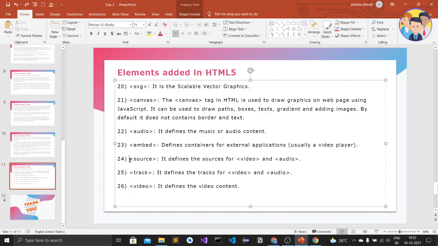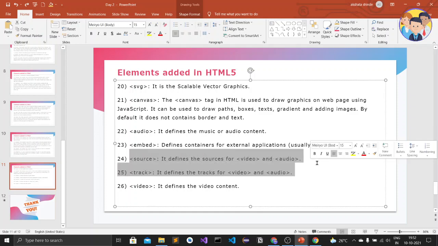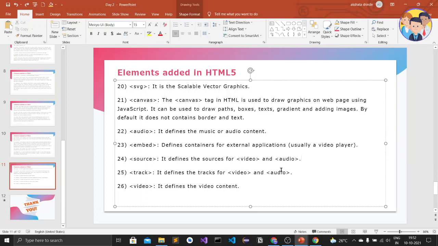The next one is source, not track. The source element helps us to add videos and audios to our websites. The audio element helps us to add only audio, the source element helps us to add both videos and audios, and the video element is used to add videos to our website.